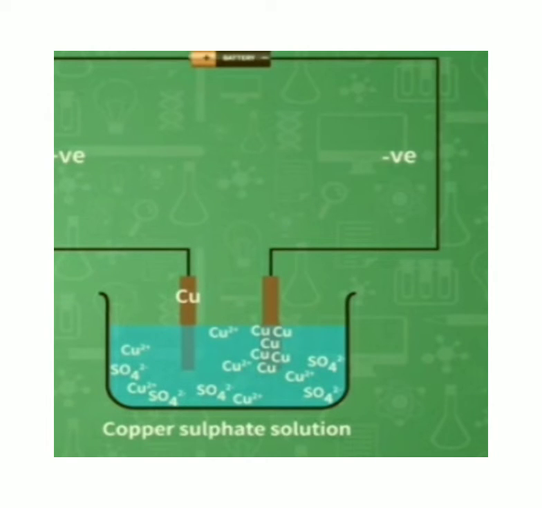But what about the loss of copper from the solution? Well, the copper from the solution is taken care of by the other electrode. The electrode is nothing but the copper plate, which is connected to the positive terminal of the battery. Now from this copper plate, the copper starts dissolving in the solution. Thus the loss of copper is restored and the process keeps on going.